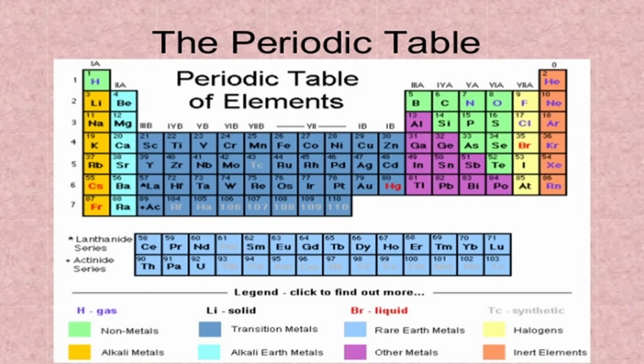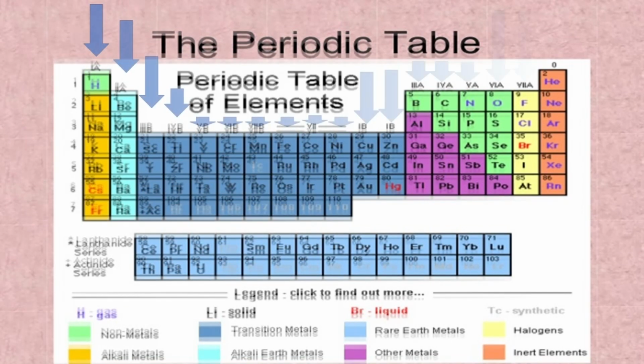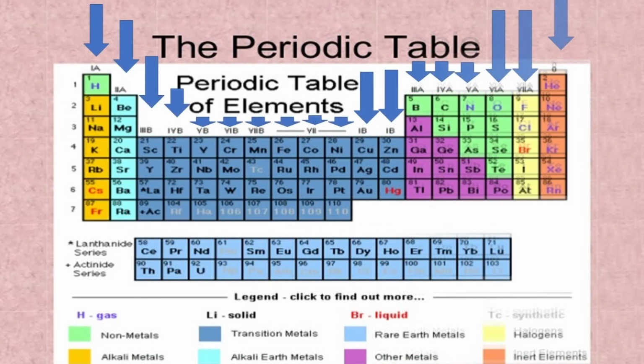Let's see about groups in the periodic table. Just look at the periodic table. There are many vertical columns. Yes, the vertical columns in the periodic table are called groups. There are 18 groups in the periodic table, starting from left to right. We know that the elements in each group are placed based on common characters. Okay. Next, we shall see the names of the groups, that is, the first group name, the second group name, and so on.